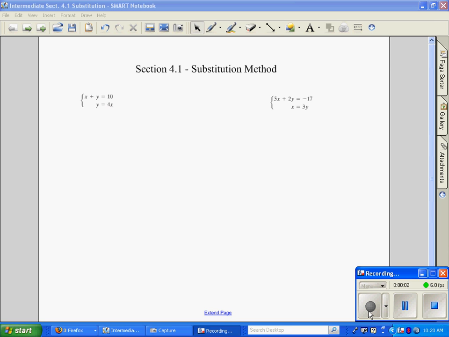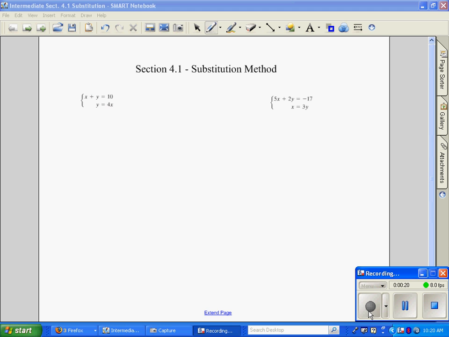Section 4.1, this is the substitution method. We also talked about there is a graphing method and an elimination method, which we focused on, but this one is going to be solved by using substitution. So the first thing we want to do is we have two equations, and we see that the second equation